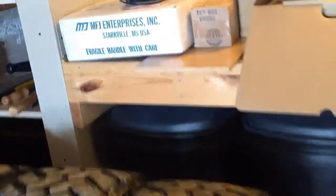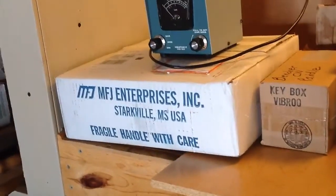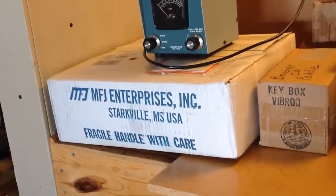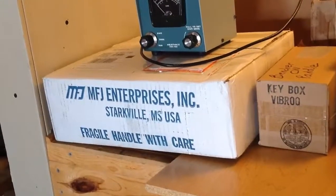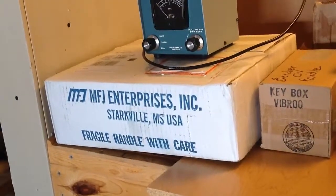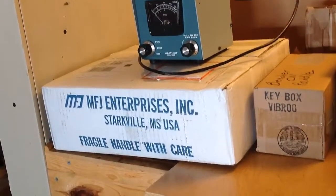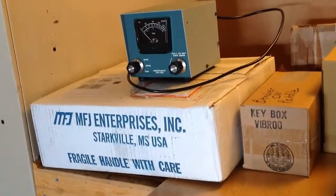There's some wood, of course, to keep me warm. There's plenty more. There's the summer mud tires for Big Number 8. This just came from the storm zone down there, MFJ in Mississippi: 100 feet of RG-213 coax to use when I want to go portable. I'll just run that mobile antenna on Big Number 8, leave it right on there, and run that 100 feet of coax into the cabin or wherever I'm at. Then run this